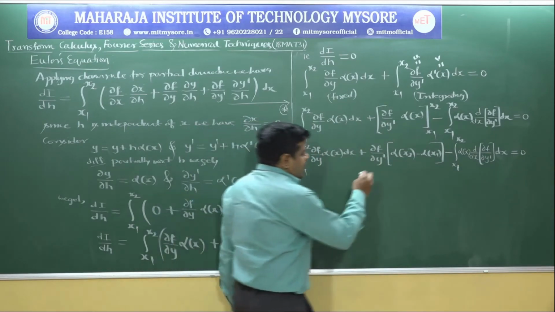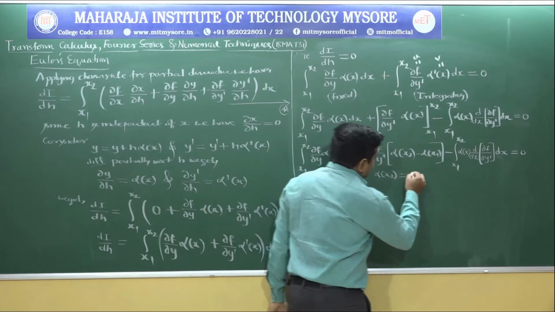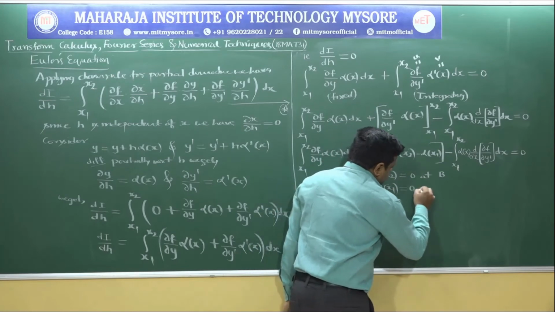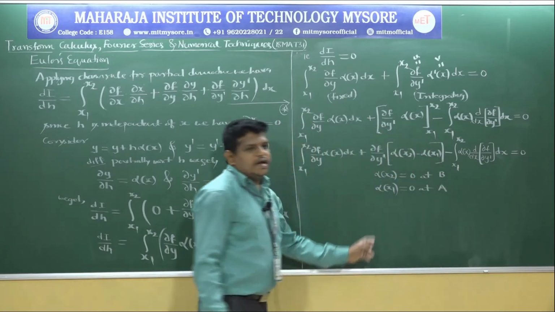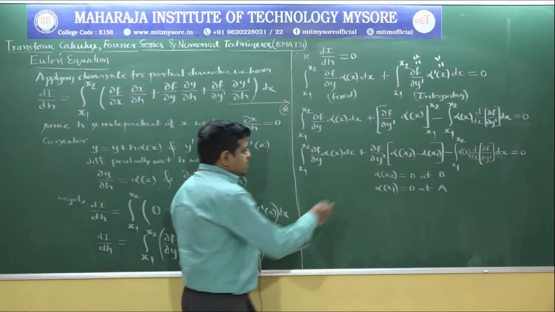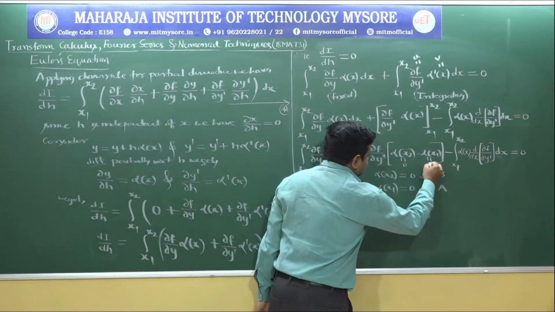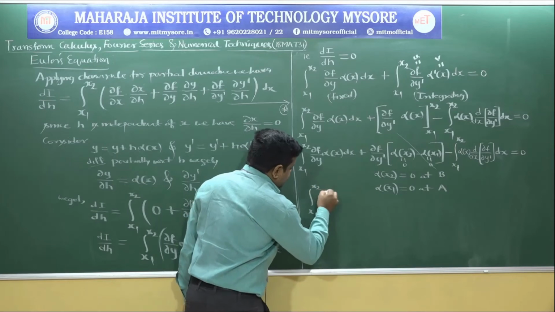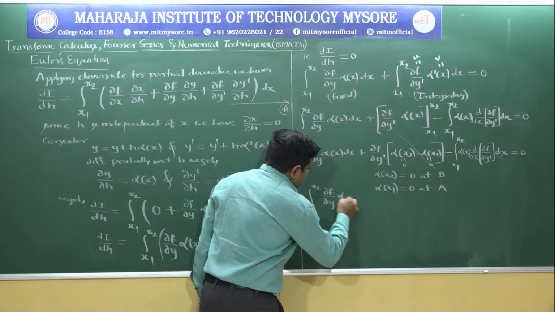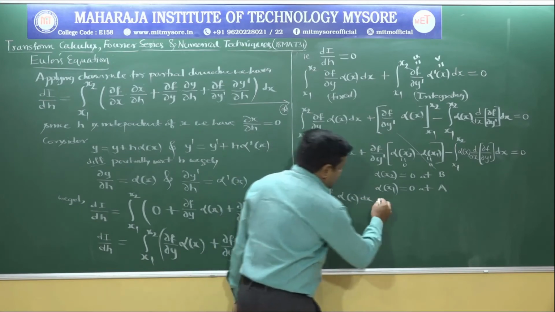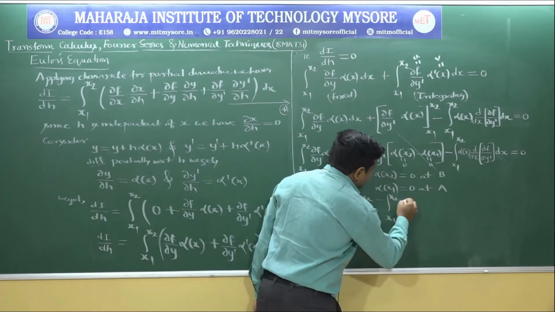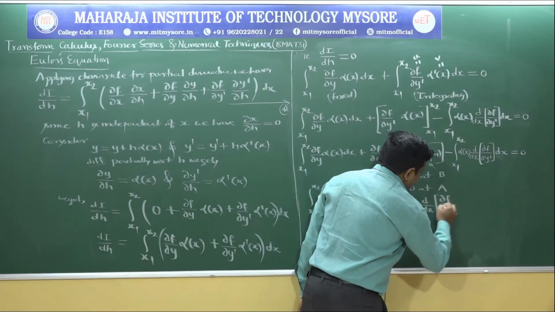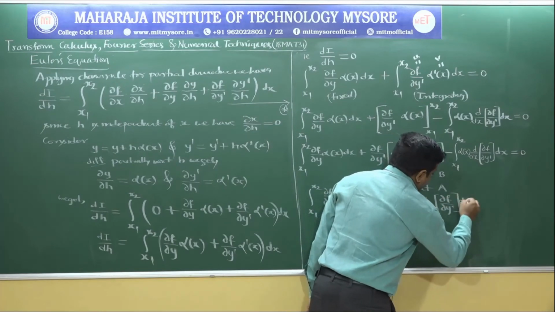From the figure we have alpha of x2 equals 0 at point B and alpha of x1 is also 0 at point A, since A and B are endpoints of the curve y of x. Therefore, this becomes 0, this is also 0 and this is also 0. Okay, this vanishes. Next, you remain with the integral x running from x1 to x2 ∂f/∂y alpha of x into dx minus the integral x running from x1 to x2 alpha of x into the derivative of ∂f/∂y dash into dx equals 0.